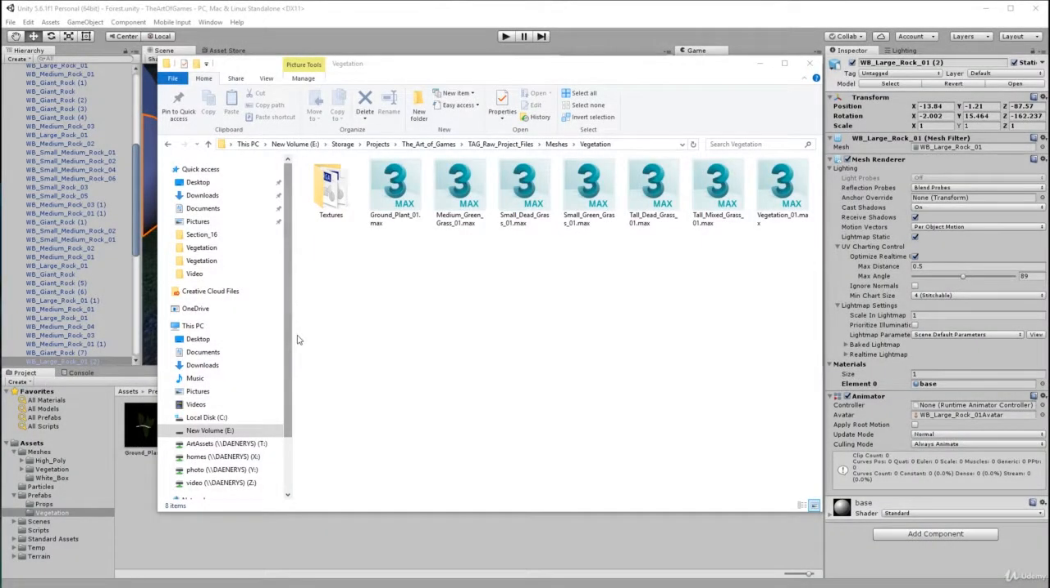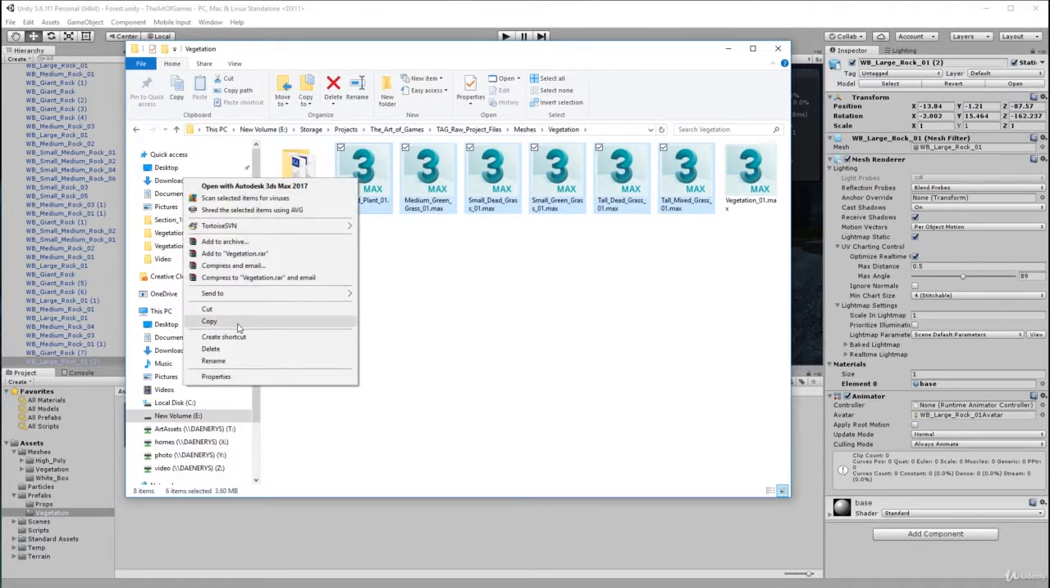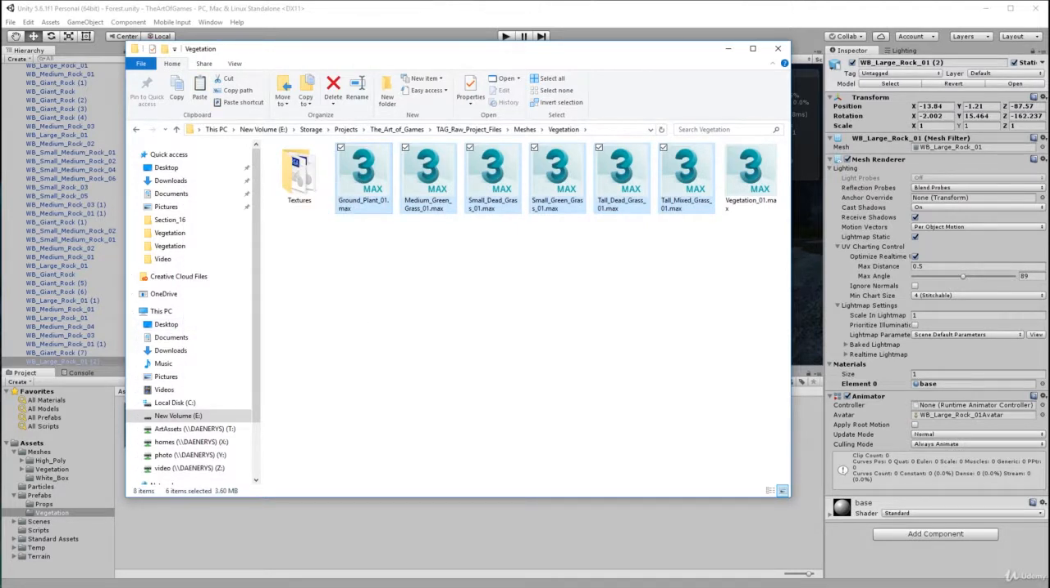Okay, so welcome to the next part. Here you can see our 6 plants in our folder that we've created inside our raw project files, meshes and vegetation, all in here, which is fantastic. So select them all, right click, select copy if you're in Windows, get up your